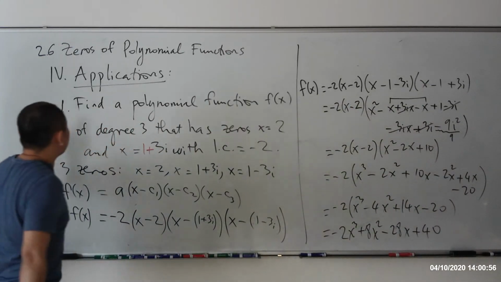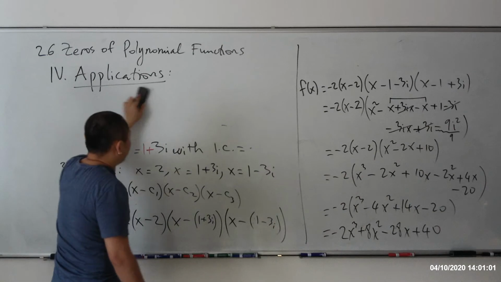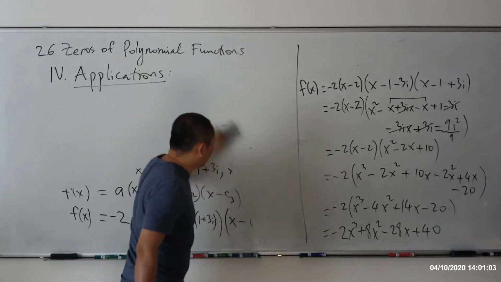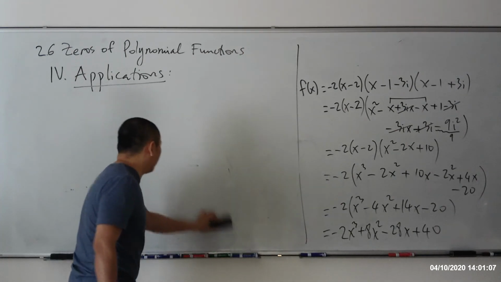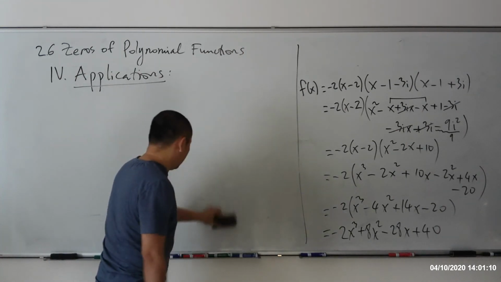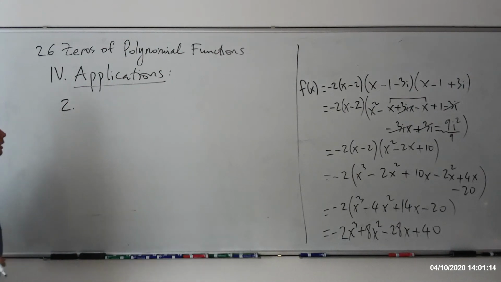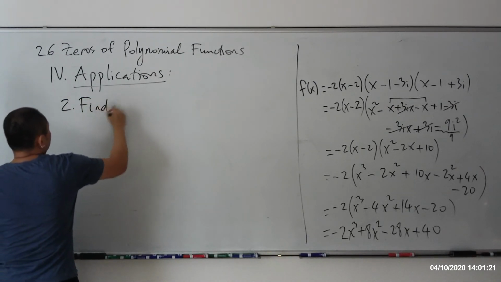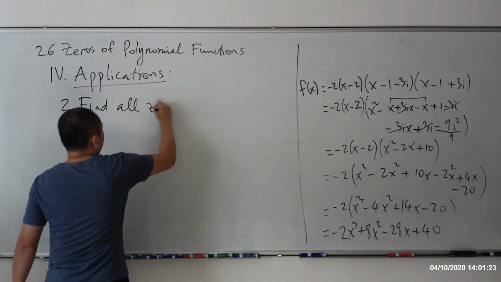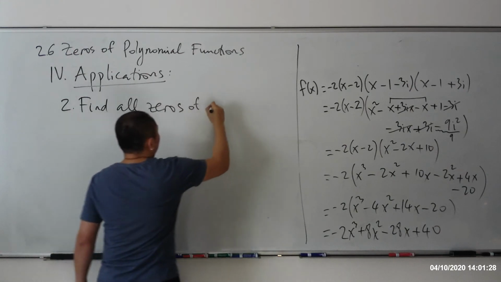I'll show you the second type of application. And I claim that the second type of application, you have seen it already. So I'll just go over one typical example. It's enough to get the second type of application. Number 2, find all zeros of a